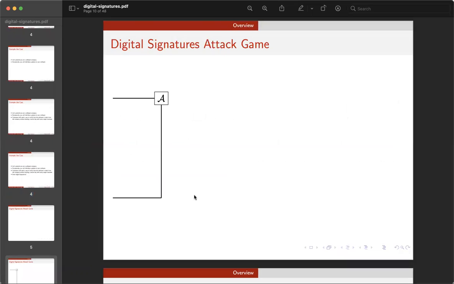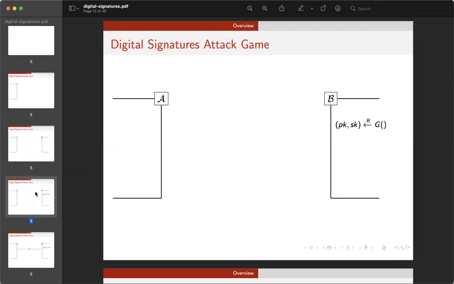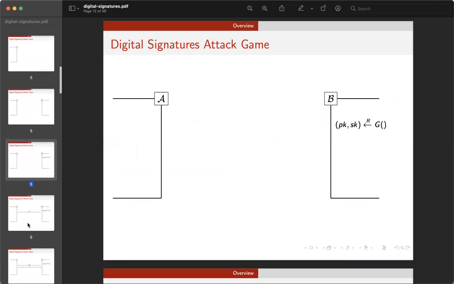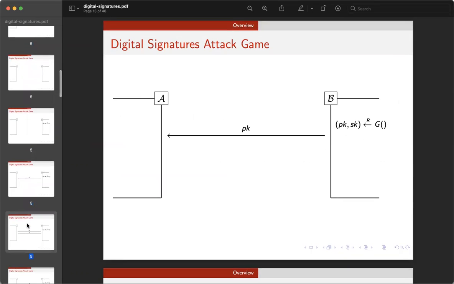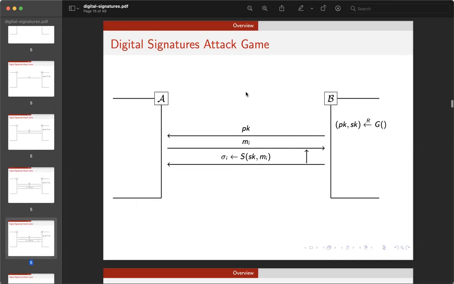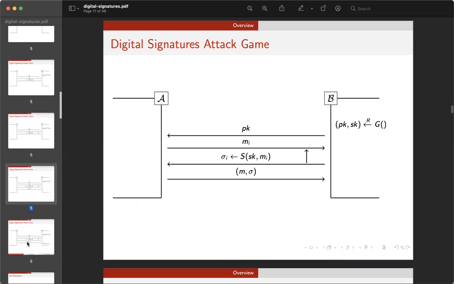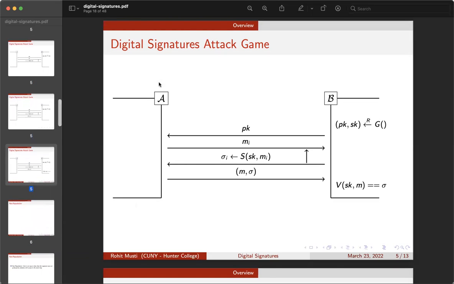So how does the attack game work? Well, we have Alice and Bob. Bob has his public key and secret key. Bob sends a public key to Alice. Alice sends back a message. Bob signs that message, and this repeats as many times as Alice likes. Then Alice sends a message and a signature, and if the verification of the message equals the signature, then we know that Alice can forge signatures. So as a general